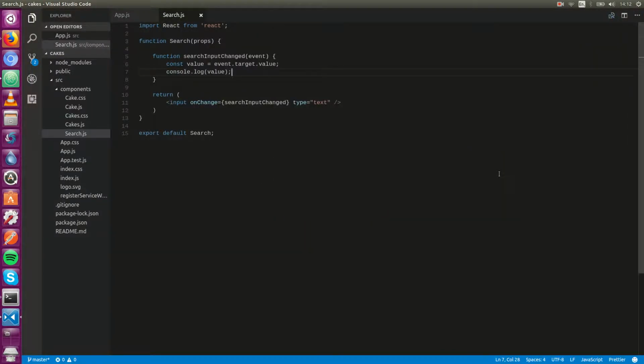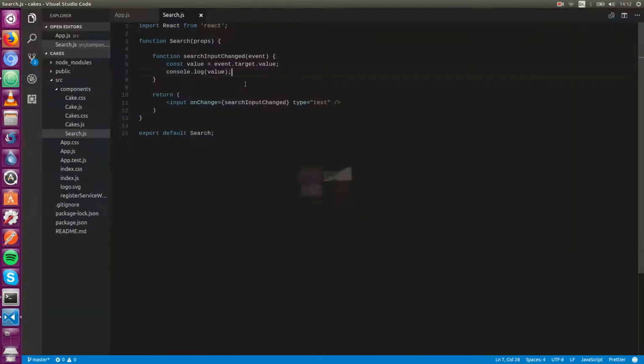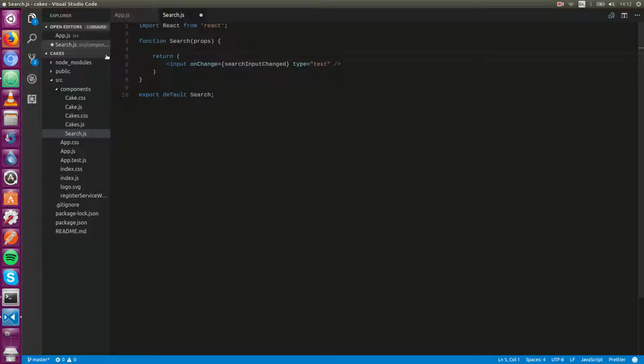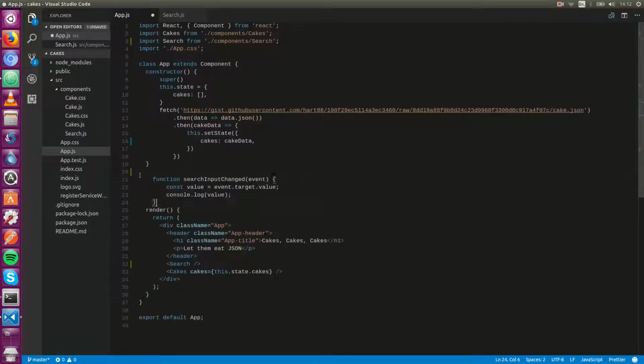But in reality, we need this input function to actually interact with the cakes list, which is stored as state inside of our app. So what we need to do is move this handler function into our app.js and then pass it down as a prop. I'll show you how to do that. I'm just going to copy this out. I'm going to dump it into